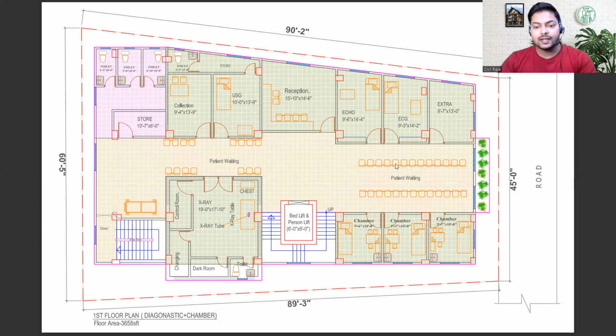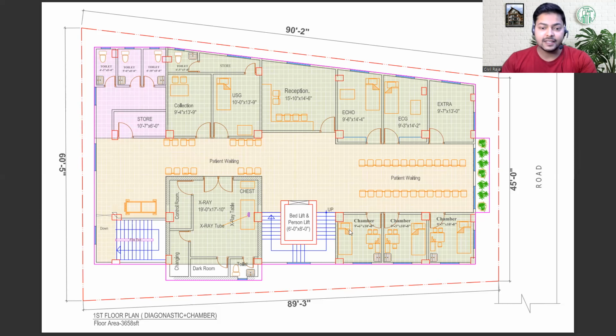Okay, now over here the patients can wait, and on this side we have the chambers, and you can see this has the dimension of 9 feet 3 inches by 10 feet 8 inches for both of these rooms. And for this one, the dimension is a little more than the others. It is 9 feet 6 inches by 10 feet 8 inches. Okay, so we have approximately nine and a half feet by 10-11 feet of area over here. Okay, now these three chambers are there